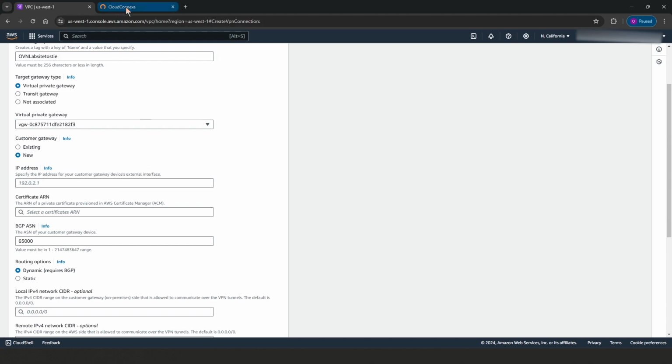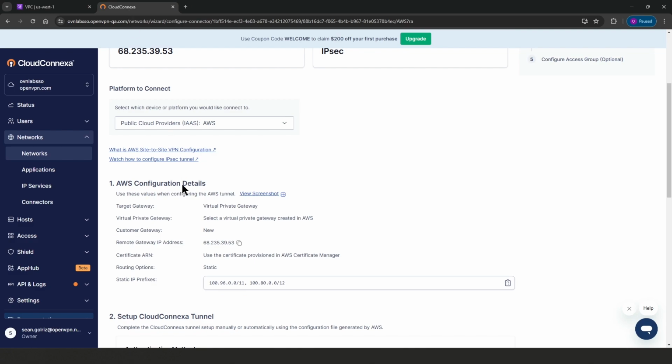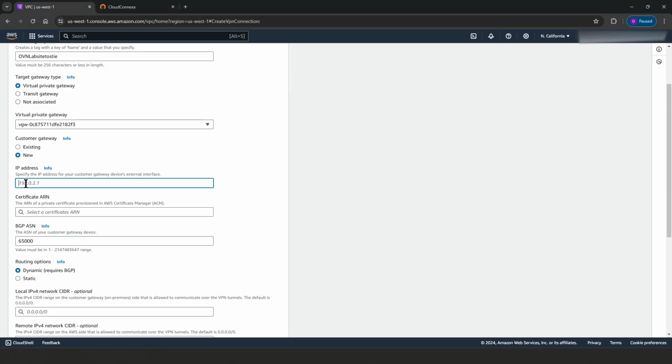So let's go back to our CloudConnexa admin user interface. And we can see here the remote gateway IP address. This is the IP address that we need to use for our environment. So we're going to click on copy. Now, keep in mind, this IP address can be different for everybody. So I'm just going to copy this IP address and go back to the AWS portal and then paste that IP